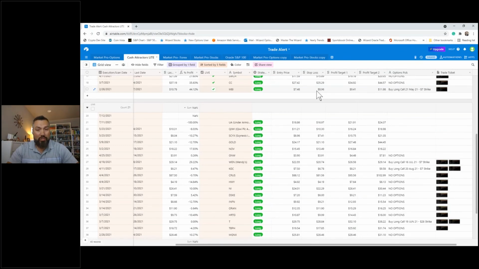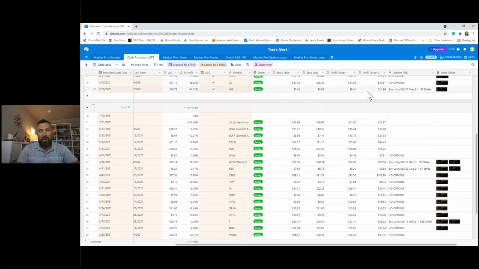This stop loss changes. So we'll tell you, and we give you the updated stop loss that trails the market. We use objective stop loss placement. It's not a flat percentage. It's nothing like that. We literally look at the market, and based upon the price action, we'll say, here's another stock. If you notice here, the stop loss is at $8.96. We got into this trade at $7.48. So our stop loss is now $1.50 above the entry price. So if the market does reverse and take us out, we're going to be stopped out at profit. Okay, so this helps you to lock in profit along the journey.